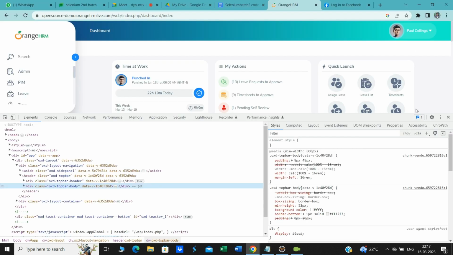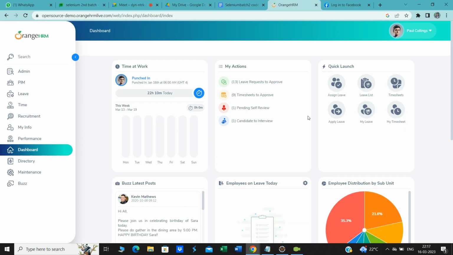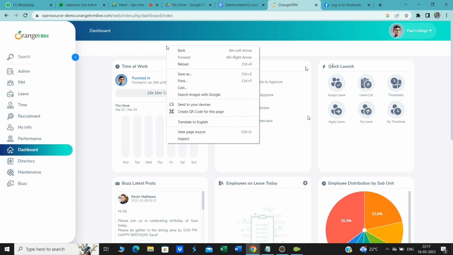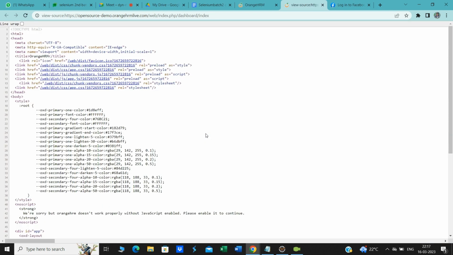Now, how do we find out the HTML code which is written for a particular page? That is the very first thing we have to understand. This is one web page. For this page, we want to know what HTML code is written. You just right click on this page and click on view page